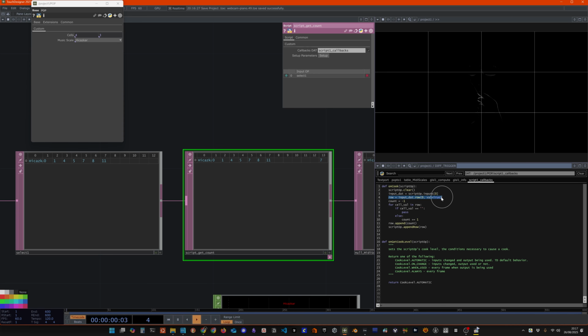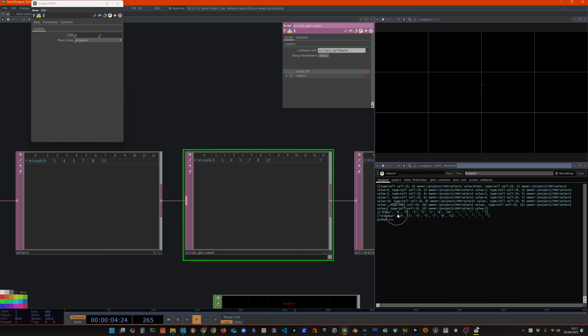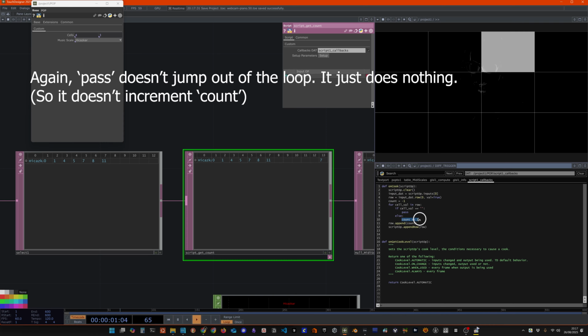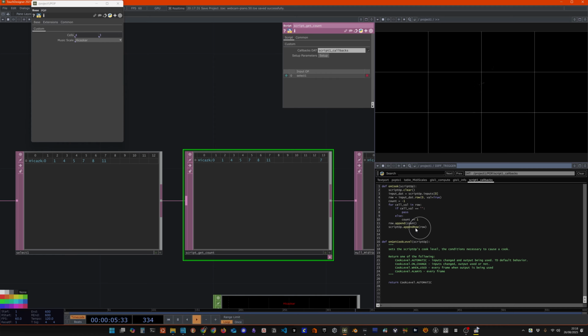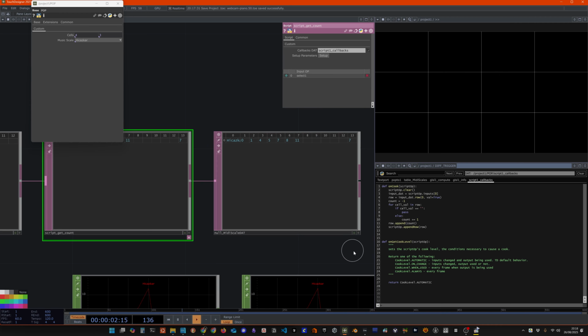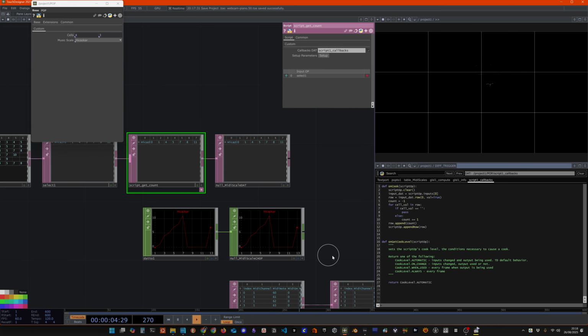So now we have a list. We initialize count to -1 so that we ignore the first column, and iterate through every item in the list. As soon as we see a blank, we jump out of the loop, otherwise we increment count. And then we append the count to the row, and we add that row to the current table, and that's what we have. That goes into our null, and then that goes into our